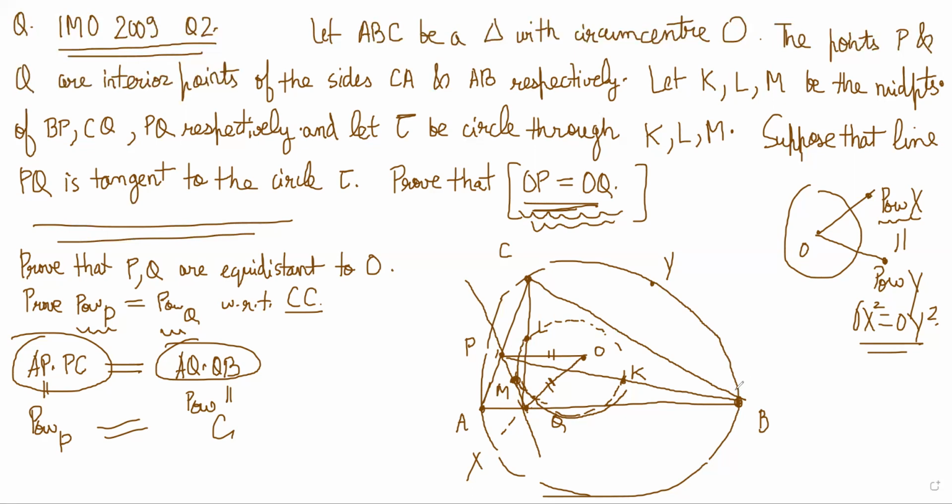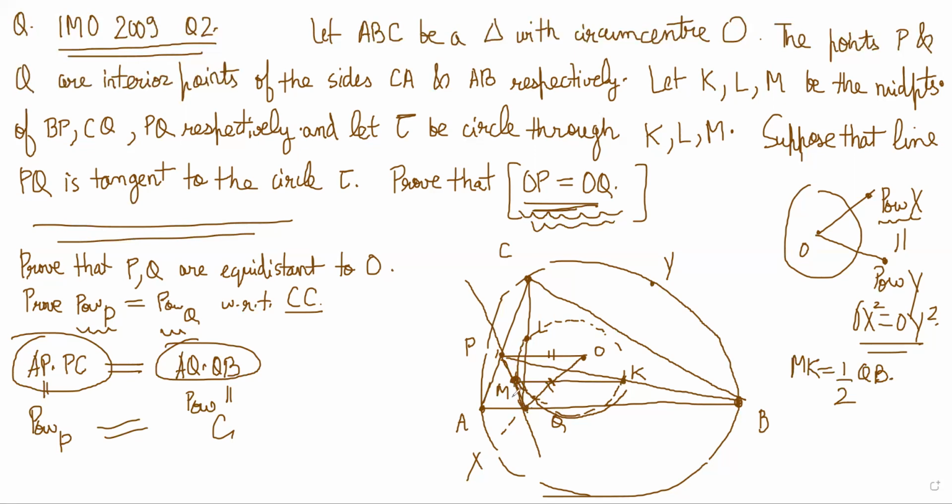So now notice, if you have drawn a figure, you will notice that M is the midpoint of PQ and K is the midpoint of PB, right? That was given. So that means by the midpoint theorem, MK is half of QB, right? And similarly, L is the midpoint of QC, right? L was midpoint of QC, and M was midpoint of